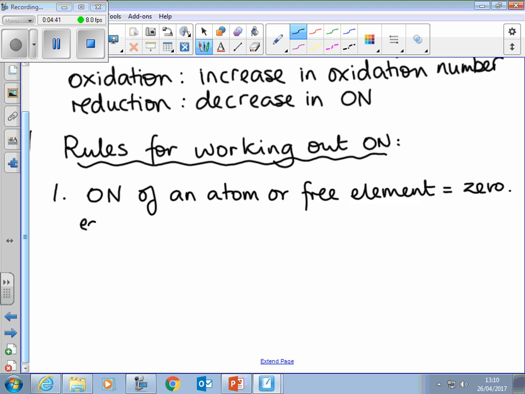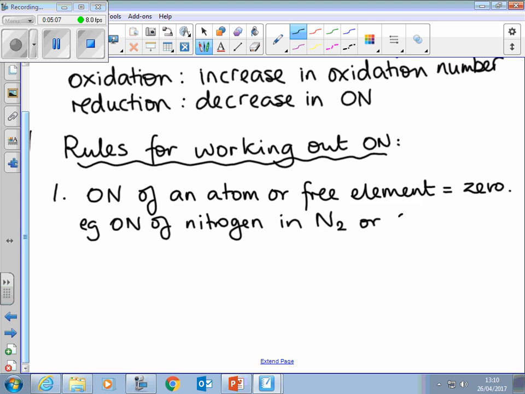So, for example, the oxidation number of nitrogen, and we tend to do it like this and write out the name of the element, nitrogen in N2. In a molecule of nitrogen, which is a free element, then its ON is 0,